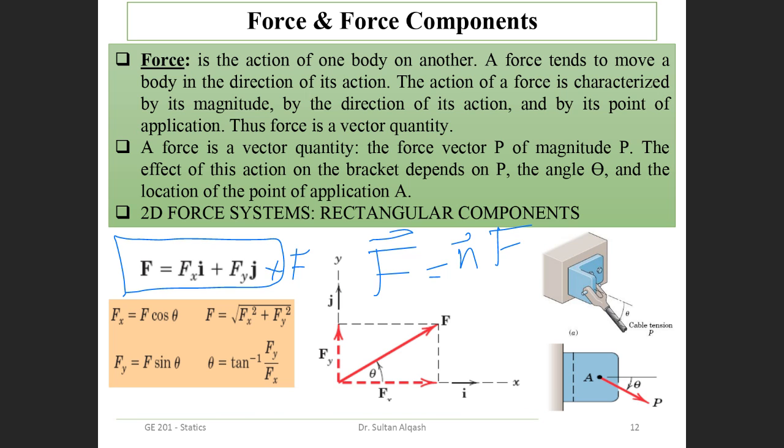We said F is the magnitude, sorry. This is the vector, this is bold. Watch out, this is bold face, not non-bold face. And we write F sub x, meaning the component in the x-axis, multiplied by the unit vector i. So it is in bold form. This is i written by hand. Some people write i with a hat like this, or i with a vector arrow, or i with a line under it. Different ways of writing it. Clear?